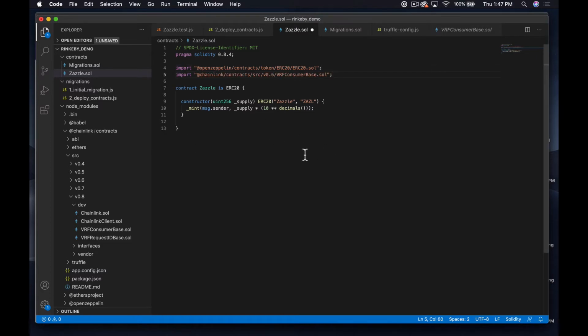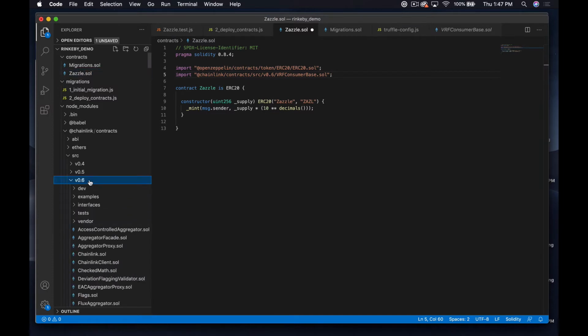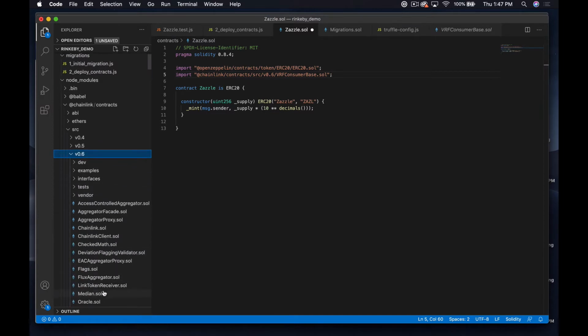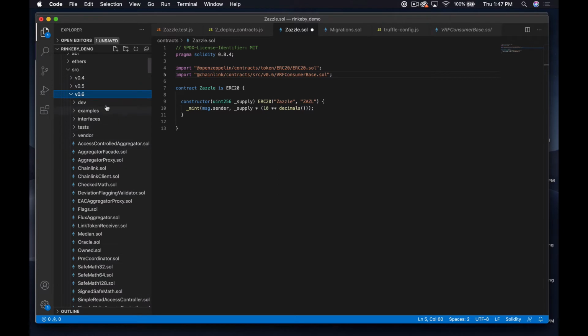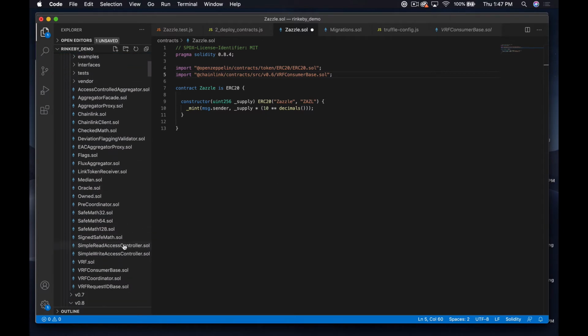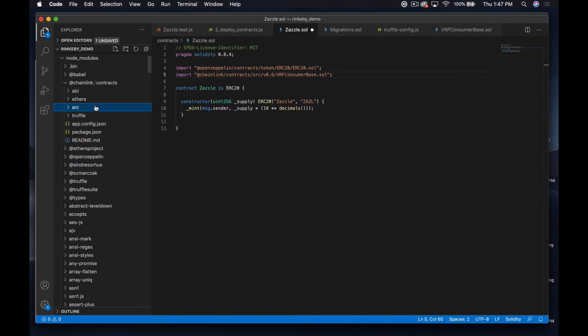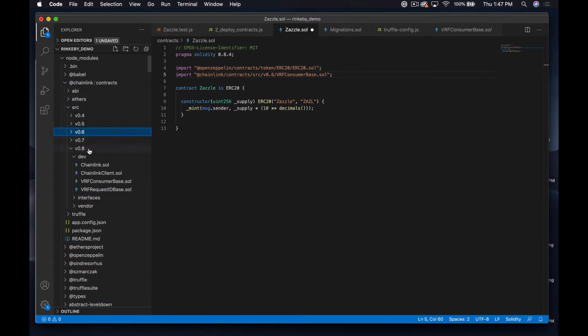And again, when you're reading through the docs, especially in crypto, for some reason documentation lags behind. I think everybody's so busy that a lot of times this stuff just doesn't get updated. So if we look in 06, it looks like they do have these contracts out here. So that should actually work if you're on the 06 level. But if we open up 08, we have to change the path a little bit. So it'll be